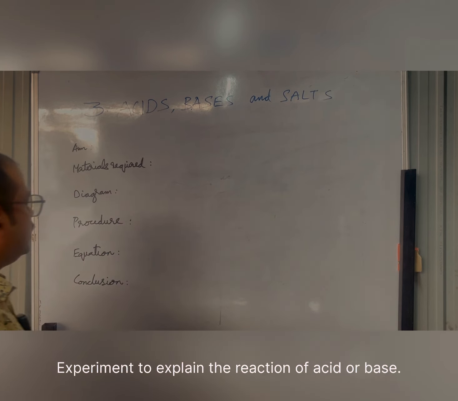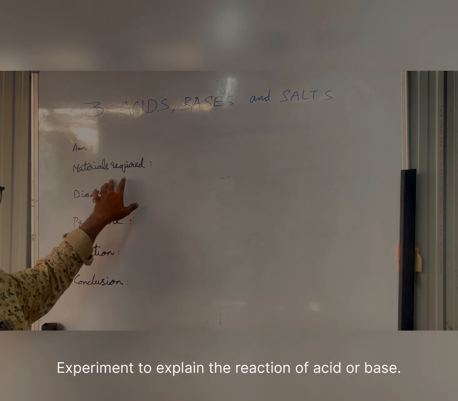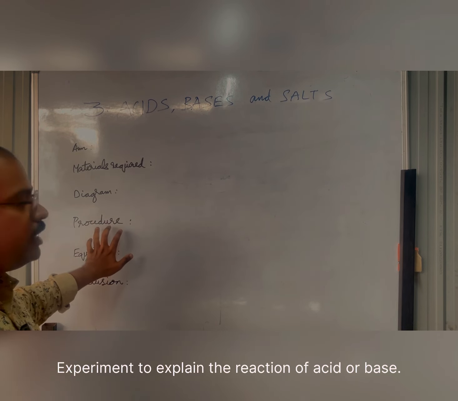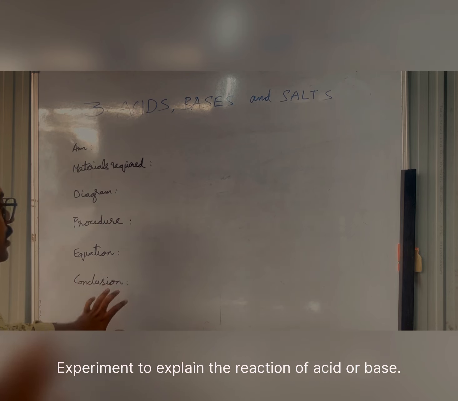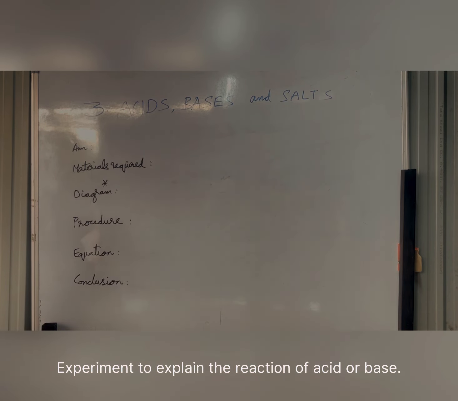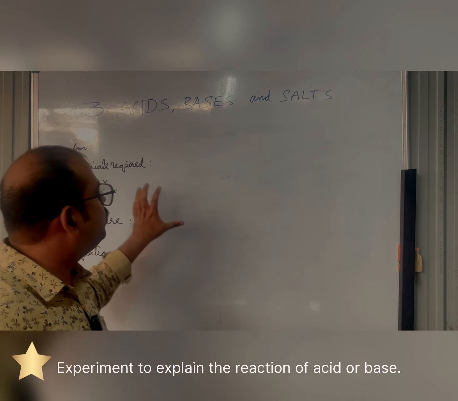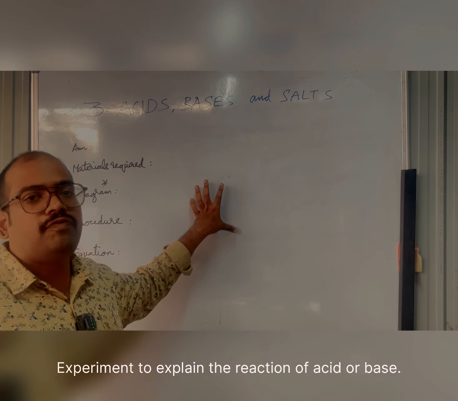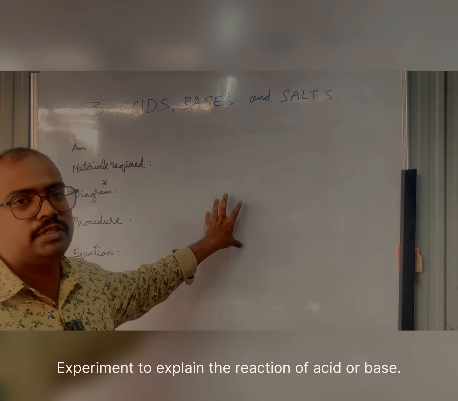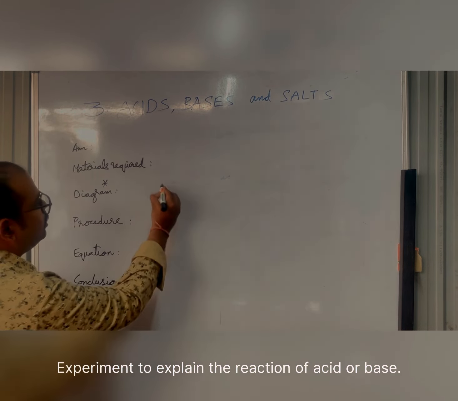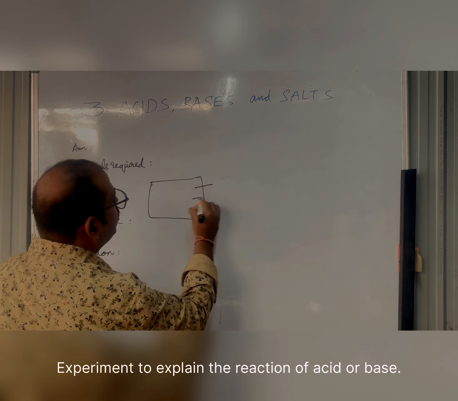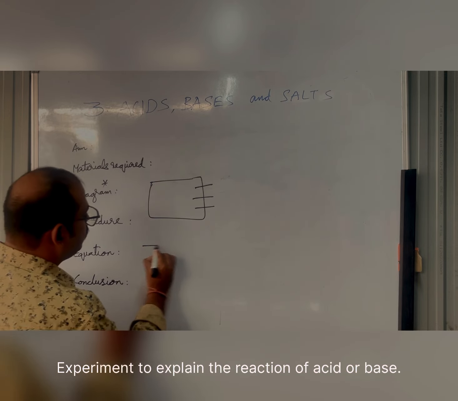Okay, so the next one is the materials required. What are the materials required, and then the diagram, and then the procedure and equation. Always give priority to write the diagram, and there is a technique that you can use the same diagram for most of the reactions, because just the reactants and the products will change. And then always give a box representation to the diagram and write the parts outside, and then also draw a